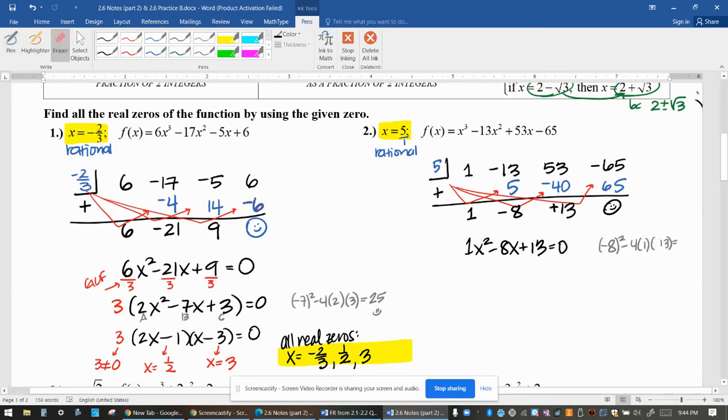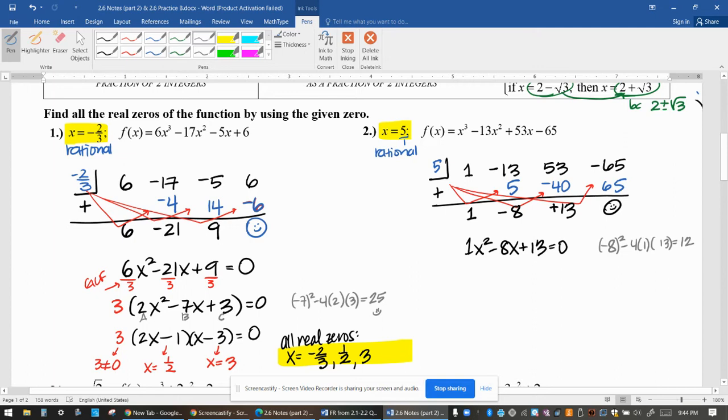Okay, let's try it again. So remember, the 13 is positive. So that was my fault for not catching it earlier. All right, so I'm going to find the discriminant. B squared, so negative 8 squared minus 4 times 1 times 13. I should get 12. That is not a perfect square, so that's going to mean that I need to use